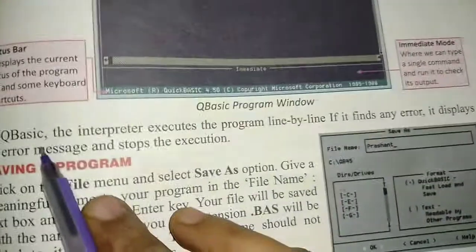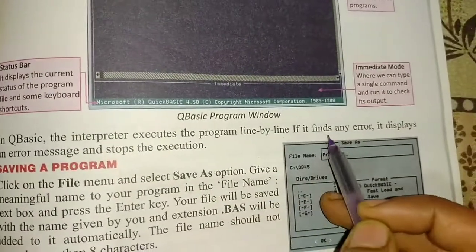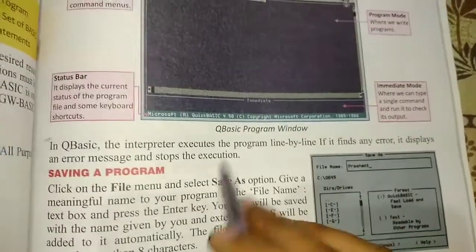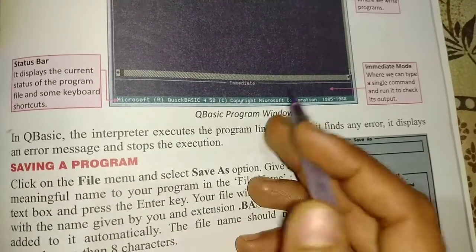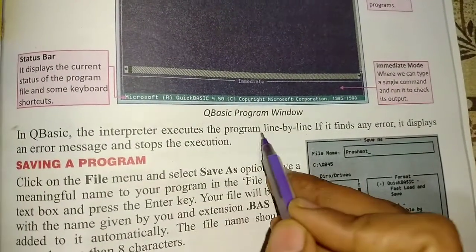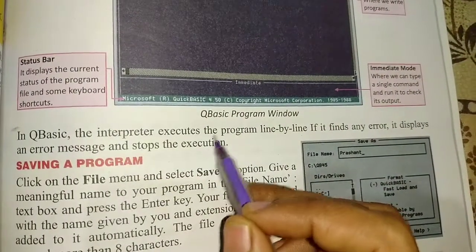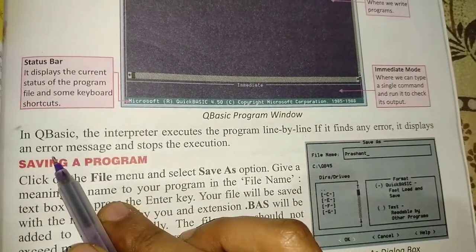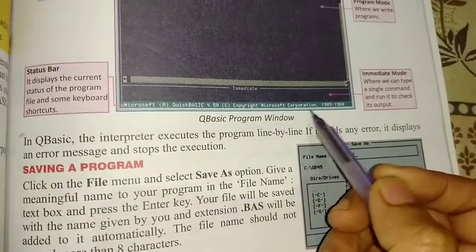Now in QBasic, the interpreter executes the program line by line. If it finds any error, it displays an error message and stops the execution. Means this programming language is very easy, because when we write 3 steps and if step 4 is wrong, तो ये फर्स्ट सेकंड एंड थर्ड स्टेप तक प्रोग्रामिंग रन होगी, बट आपकी फोर्थ जो स्टेप होगी जो रॉन्ग है वहाँ पर एरर आ जाएगी और आपको वहाँ पे एक मैसेज डिस्प्ले होगा एरर का। मीन्स आप इजीली फाइंड कर सकते हैं कि हमारी फोर्थ स्टेप में एरर है और फिर हम उसे क्लियर कर सकते हैं।